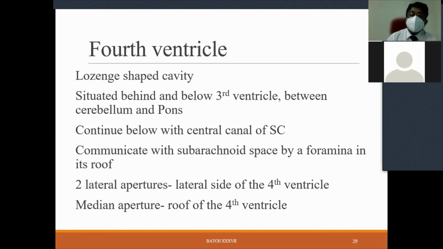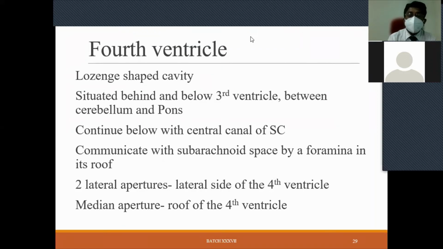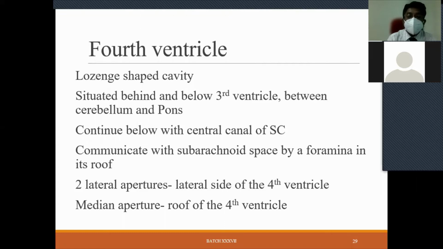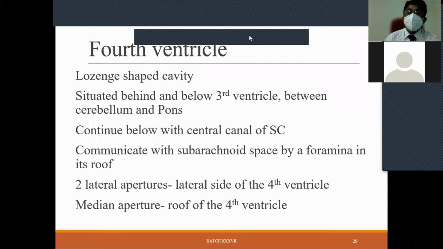The third ventricle is located on either side of the thalamus, and the fourth ventricle is located behind and below the third ventricle, between the cerebellum and the pons. The pons is on the anterior side and the cerebellum is on the posterior side. The fourth ventricle continues below with the central canal of the spinal cord,